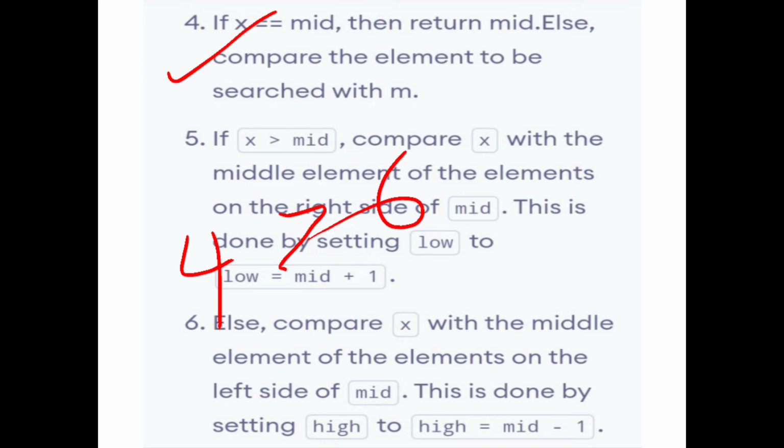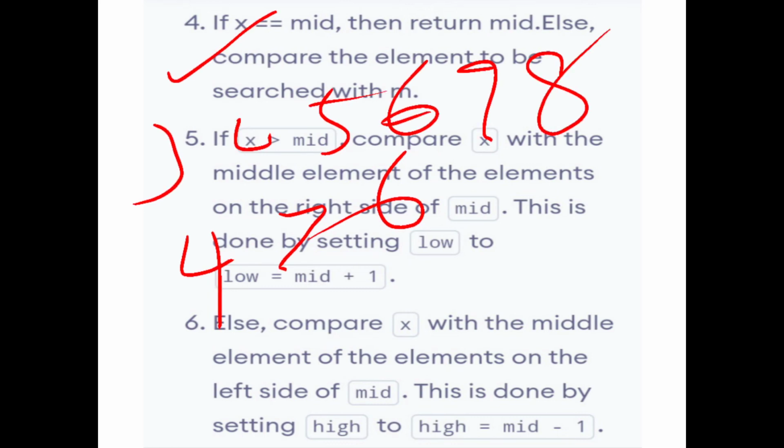Suppose the key element is greater than 6, then only follow the right side of the array elements, because 7, 8 and so on lie there, while 3, 4, 5 lie on the left.